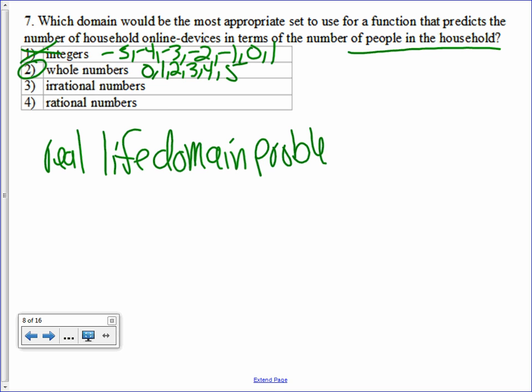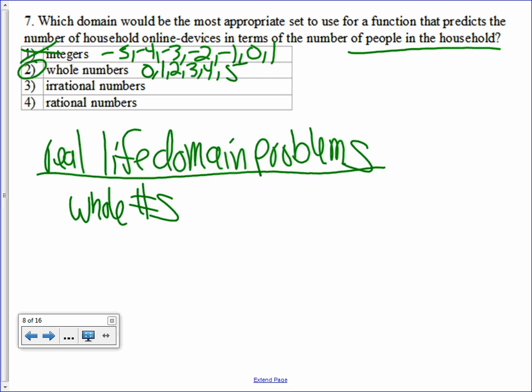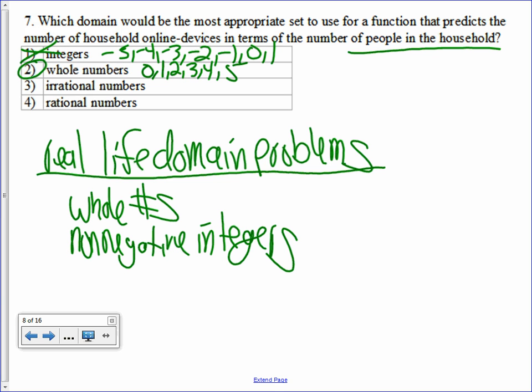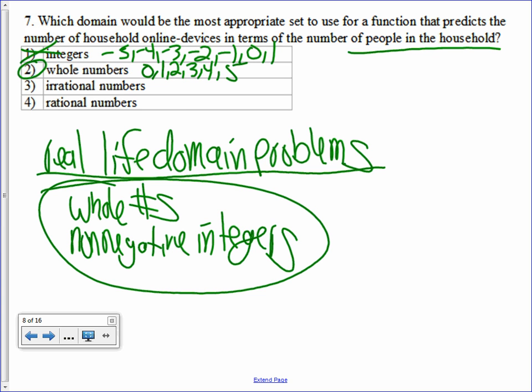the answer is always going to be whole numbers, or they might phrase it as non-negative integers. And they ask the same question over and over again. I'm going to ask you the same question on the test. I'm telling you right now, the answer is going to be whole numbers or non-negative integers. On the Regents, they're going to ask you this question, and the answer is going to be whole numbers or non-negative integers. Now, the reason it's not irrational numbers, well,